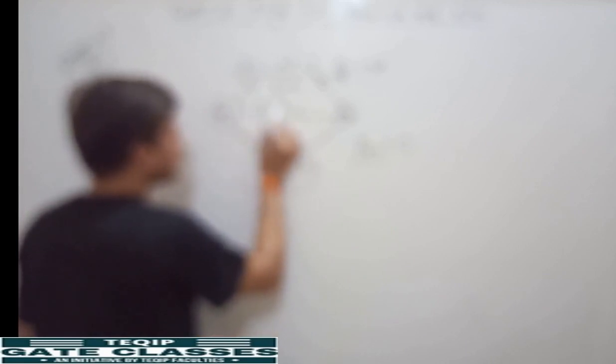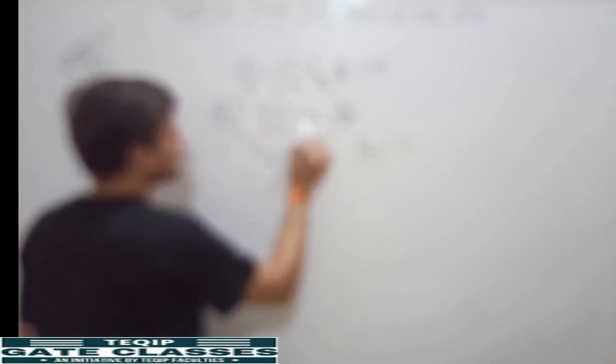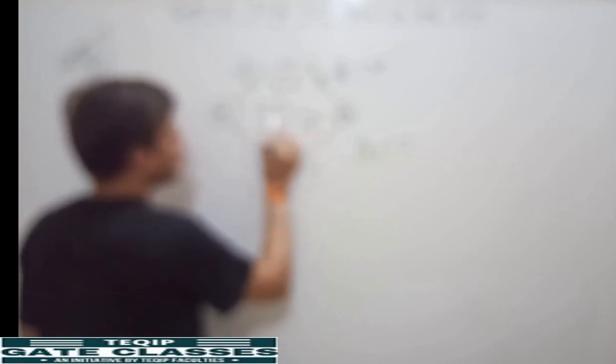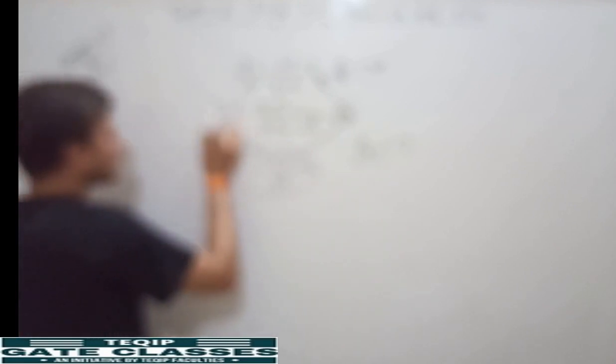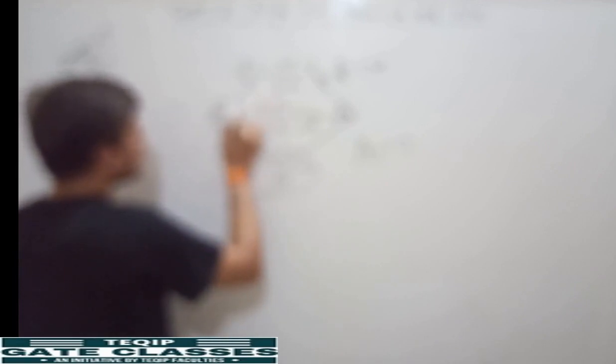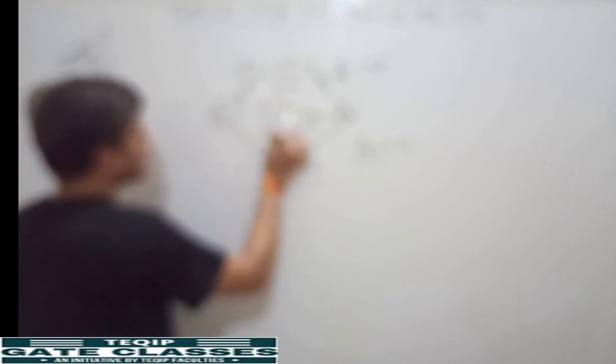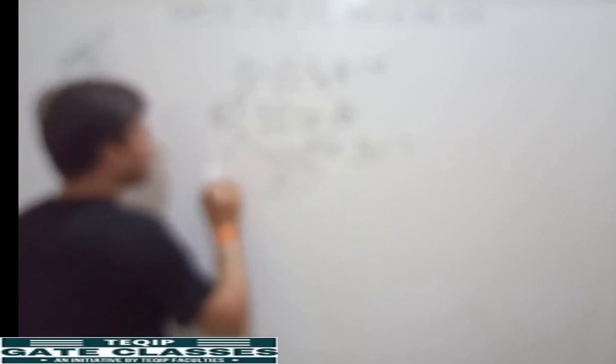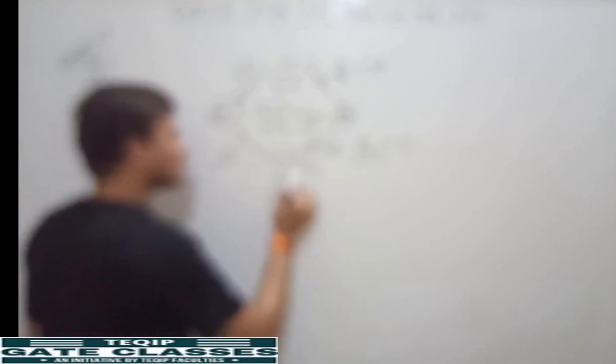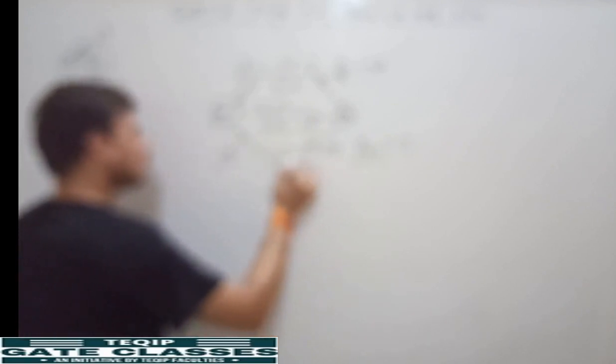You can say 2 divided by 2, that means 1 ampere of current is coming through this terminal. So if you apply Kirchhoff's current law at this node, 2 ampere of current is coming, 1 ampere is going in this branch. So through this branch 1 ampere of current will be coming. If 1 ampere of current is coming, you see that current is coming out through the positive terminal of the